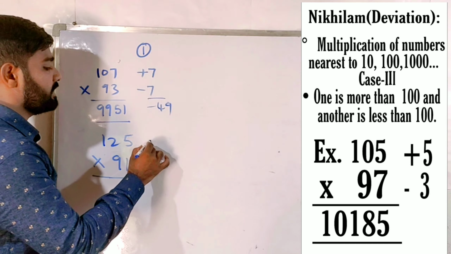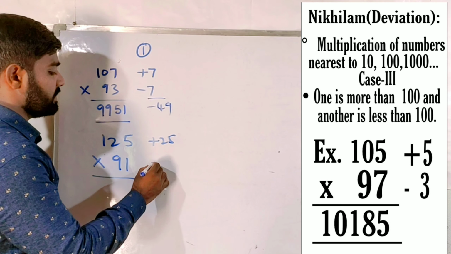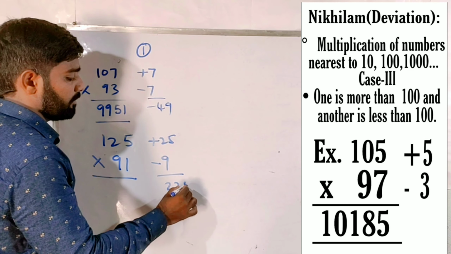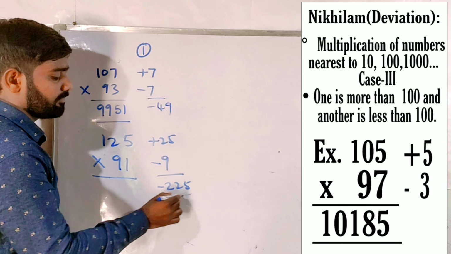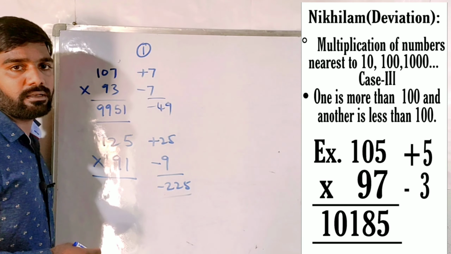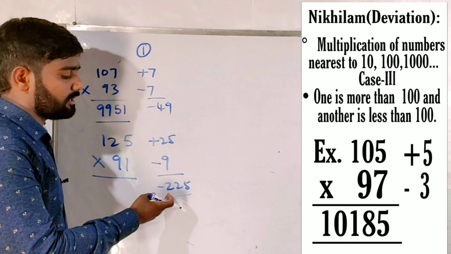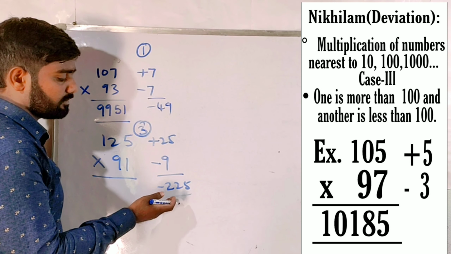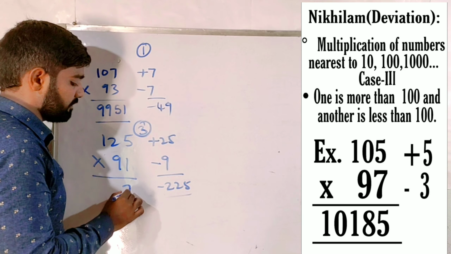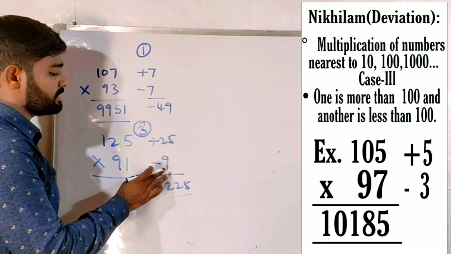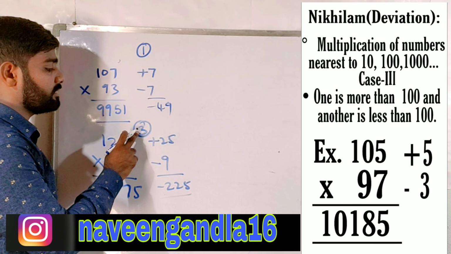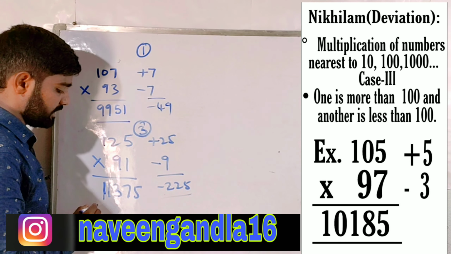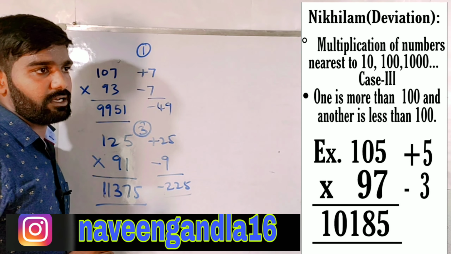125 into 91, here the deviation is plus 25 and here the deviation is minus 9. Their product is equals to 25 9s are 225, but it is a negative value because plus into minus is minus. So also we have to subtract this 225. So 100 is not enough to subtract the 125. So we have to borrow 300. So 300 minus 225 is equals to 75, and 125 minus 9 is equals to 116, and again subtract this 3. 116 minus 3 is equals to 113. The answer is 11,375. One more example,